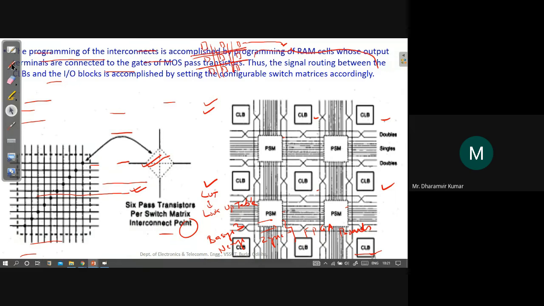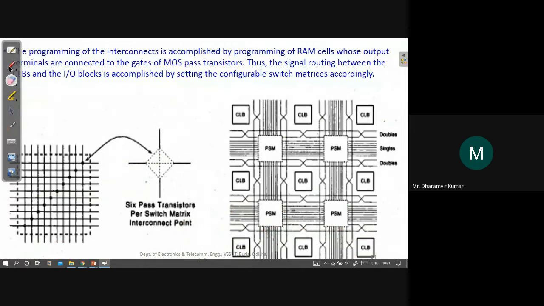So we saw that it contains routings or programmable connections. For example, look here. This is a vertical routing, and this is a horizontal wire, a horizontal channel.